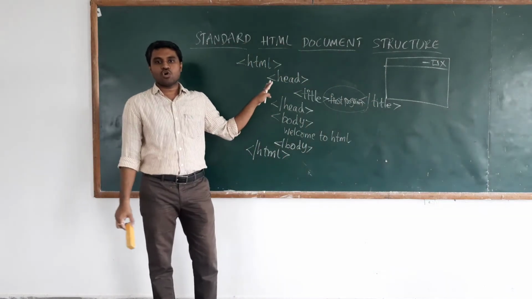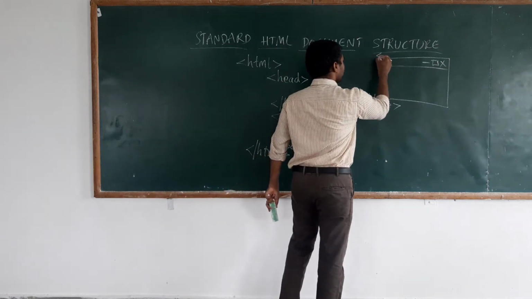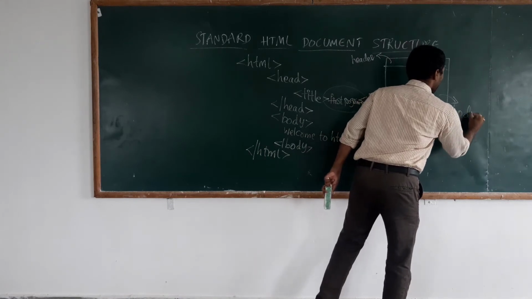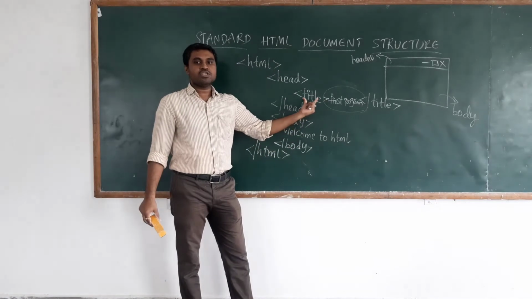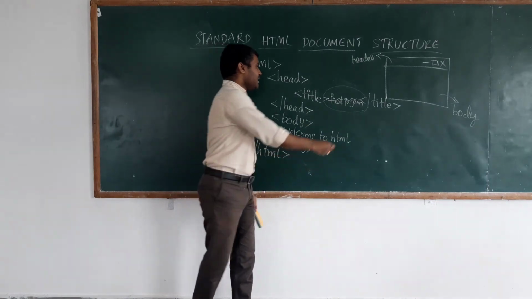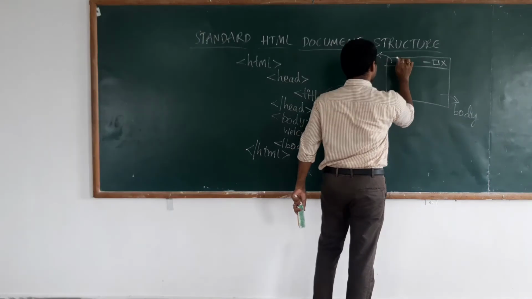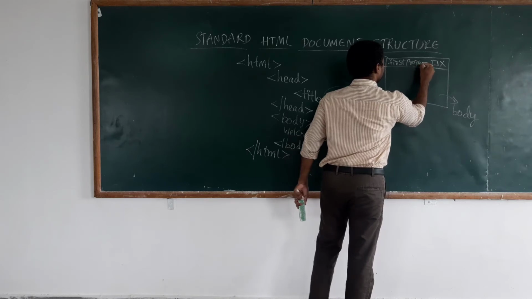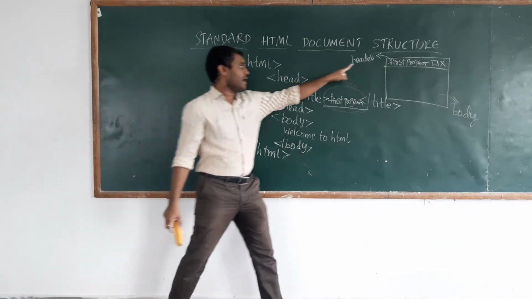The output of an HTML program is always displayed in a window. That window contains two parts. The first part is the header part and the second part is the body. In the header section you have defined one thing, that is the title. This title gives the name to your HTML document, that is first program. Whatever you write in the header section will be reflected back in the header region. So here you will get first program.